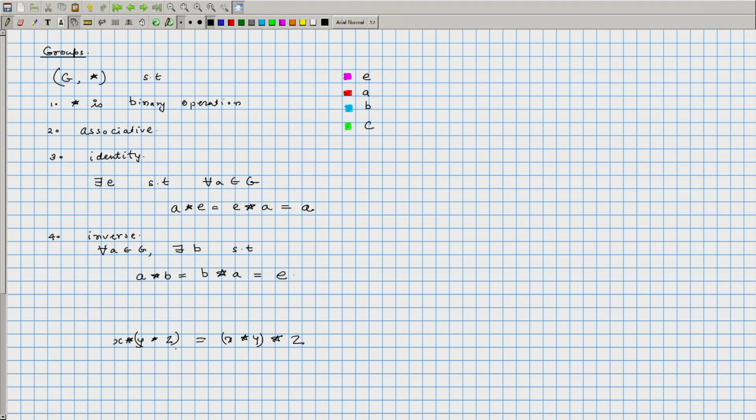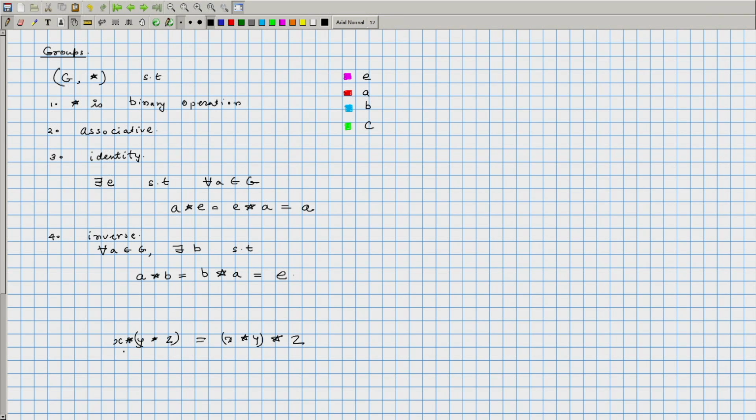So, if x is E, then the left hand side is going to be y star z, and the right hand side, x combined with y is going to be y, and the entire expression on the right hand side is going to be y star z. So, when x is equal to E, this is clear. When any one of y and z, if any of them is E, then the same reasoning works out. So, we may assume that they are all different from E. Okay. And if 2 of them are the same, so one case is when all 3 of them are the same. If all 3 of them are the same, then it does not really matter, because left hand side and right hand side, they all give rise to